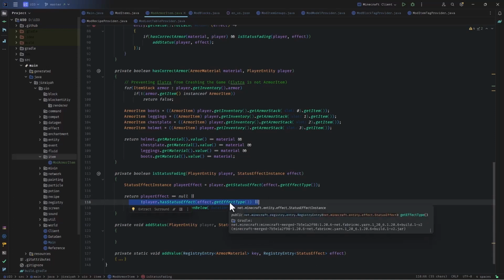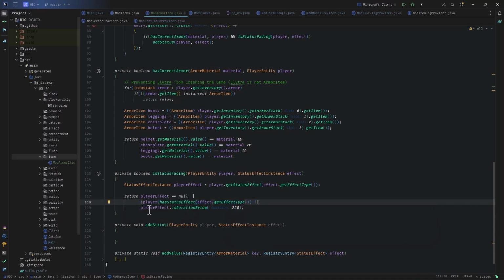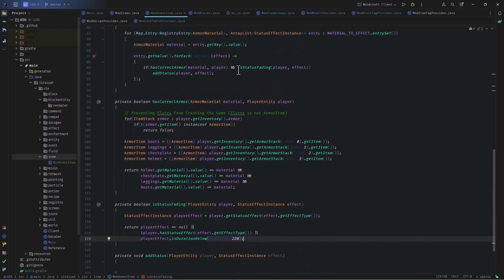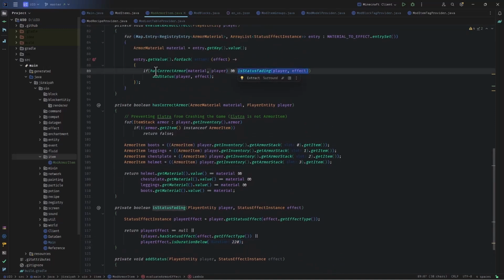It just says that the effect is not there, or we have the effect but the remaining duration is less than 10, 11 seconds actually here, because in the last 10 to 11 seconds the effect will start flashing for night vision and some other effects actually. So we want to prevent that. If the duration is less than 220, then we know that here we return true, we have a full set,